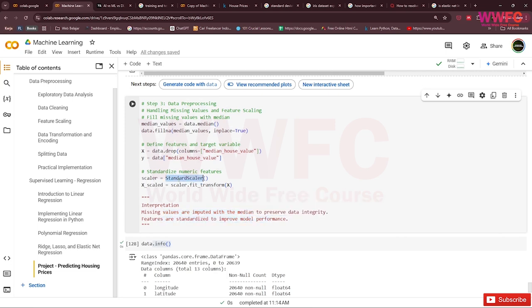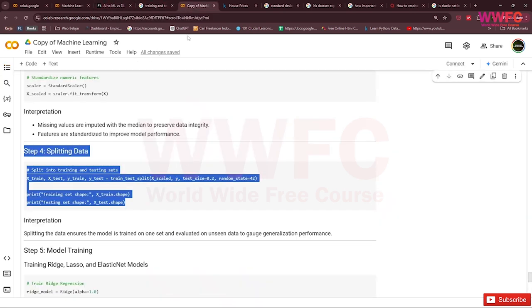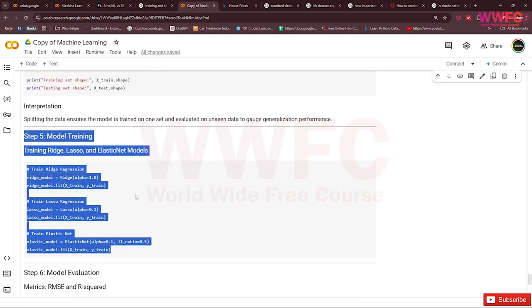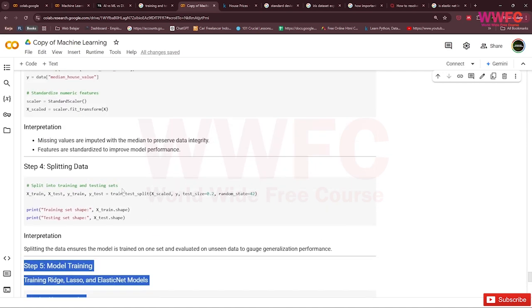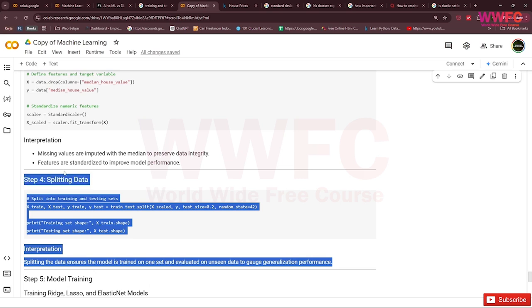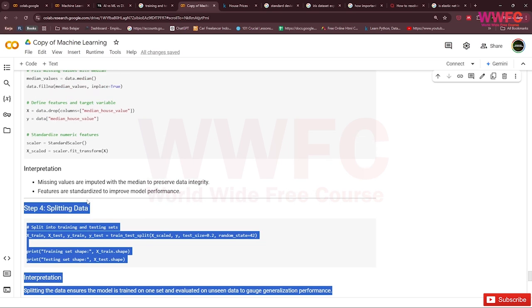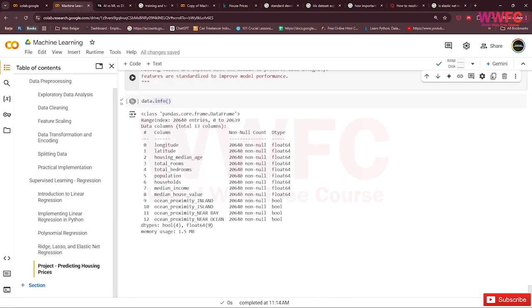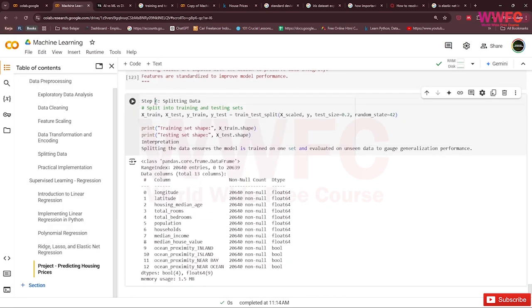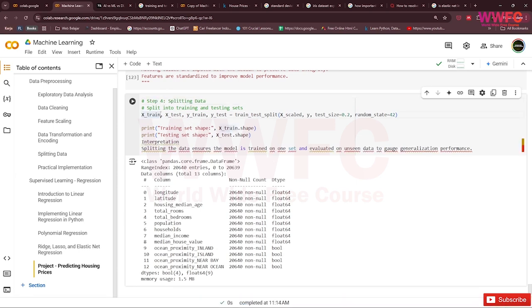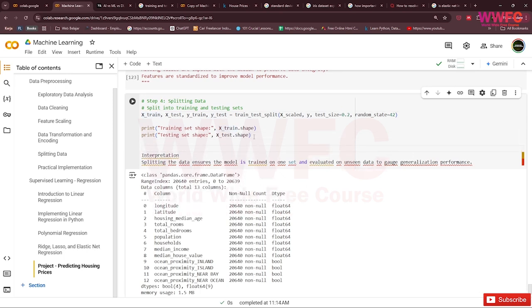We use StandardScaler to transform them. Then we go to model training. Oh, we split the data first, step 4, splitting the data, with X_train here.